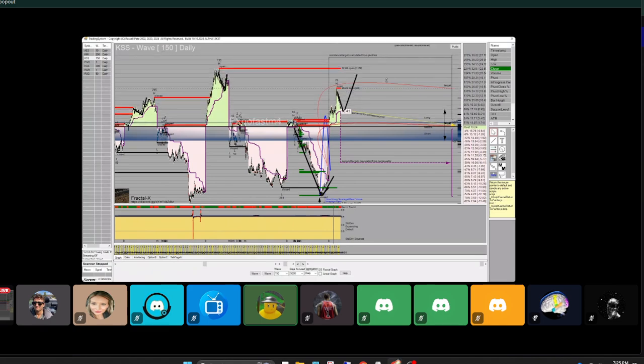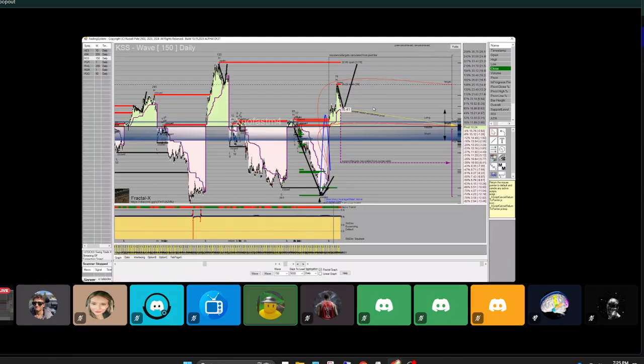From what I've seen, I mean, the purple vector and the Wave 150, it's pretty strong support. I mean, I showed this before. MRK, Merck. I mean, to break through the purple vector on a wave this high, it has to be pretty negative price sentiment. So I would think it wicks just down to it. That's what I'm thinking for this.